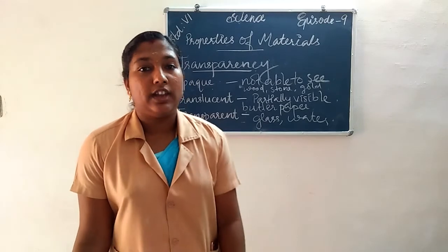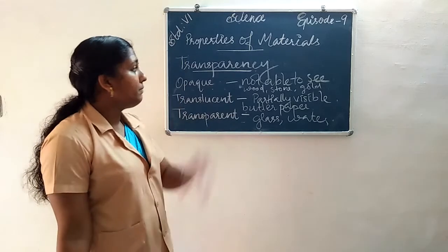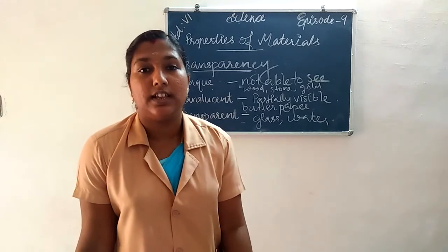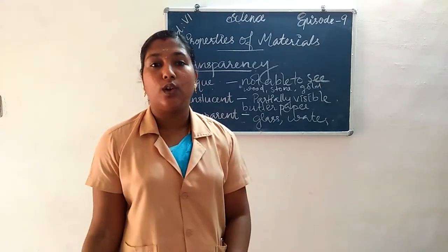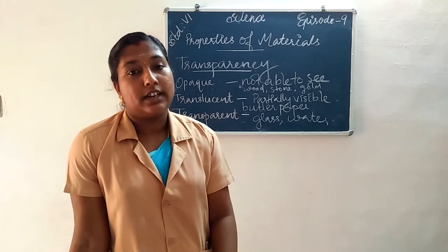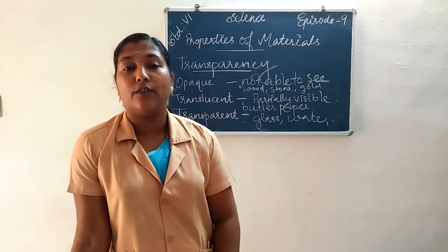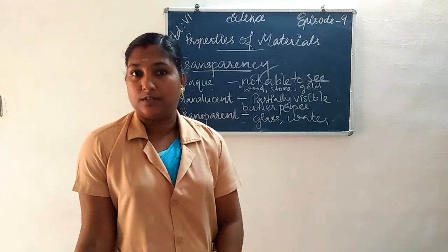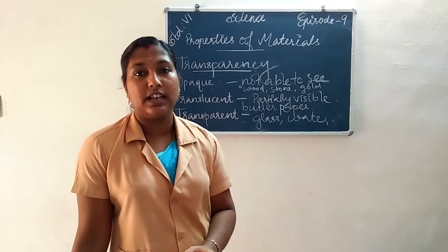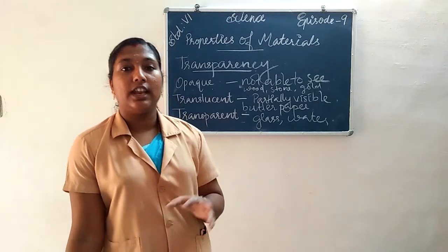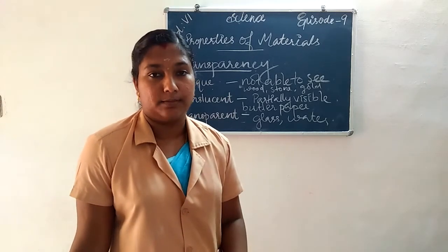Okay, what did we learn today? We learned about the different properties of materials: appearance, hardness, soluble or insoluble. Then we learned about transparency. On the basis of appearance, we learned about luster. Luster is the property of a material used for grouping. What do you mean by luster? A freshly cut surface of a material is shiny. This shining is called luster. Example, metals. All metals have luster.